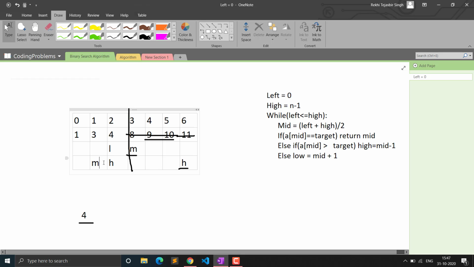So that means now we'll search, the mid will come here, you can see 4 plus 4 by 2 will be again 4, so that means mid will also be coming here. So now if you compare this mid element with the target value, it is equal. So that is why we use the binary search. It is really fast for a sorted array.